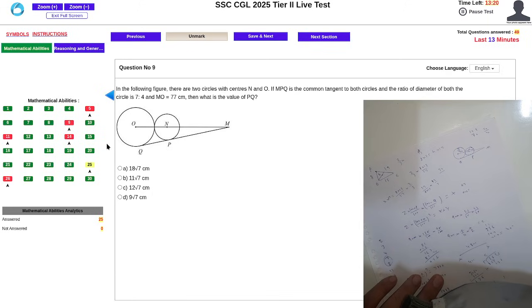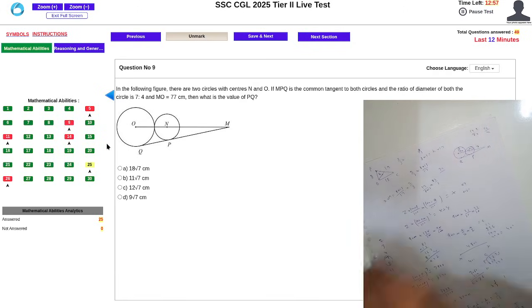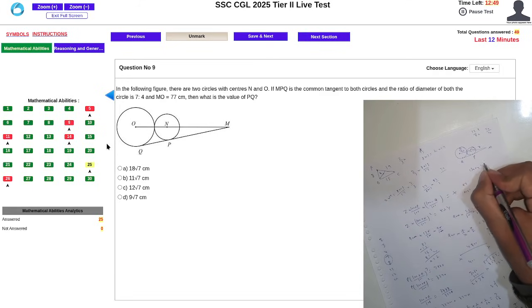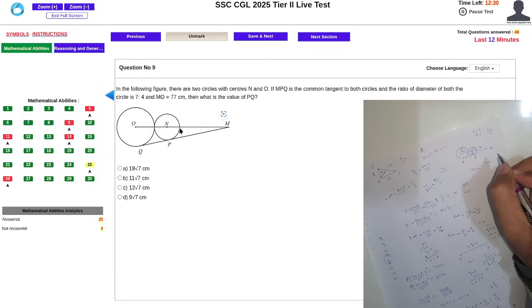M was 77. 10x plus 4 is to 77. इसकी वैल्यू क्या होगी? ये 4x है, 90 डिग्री में आएगा तो ये x 16,